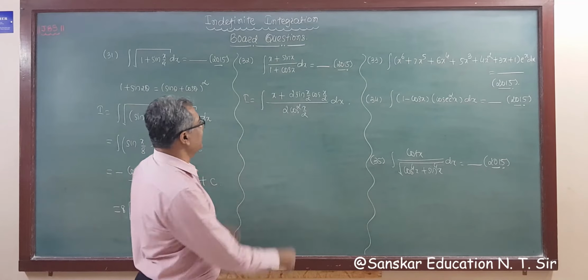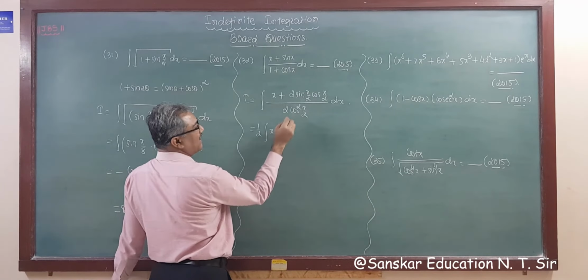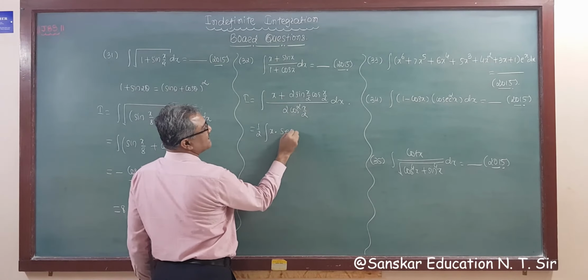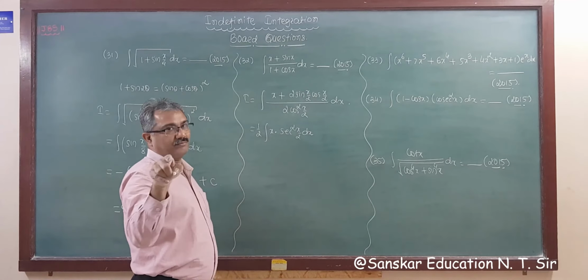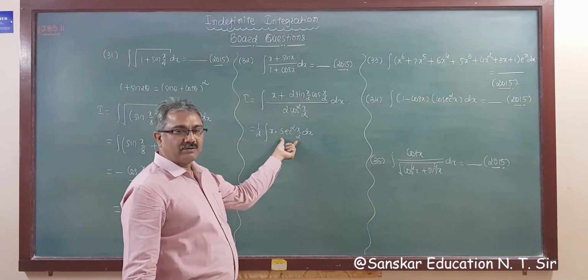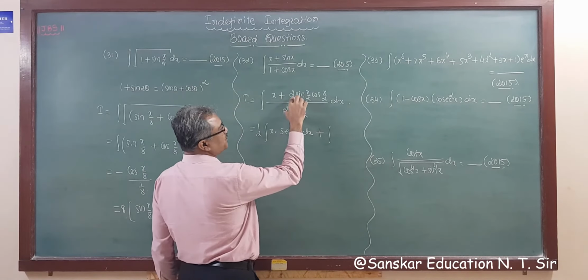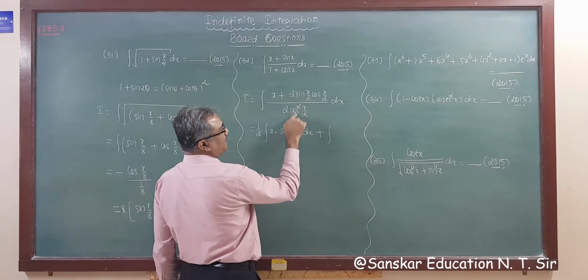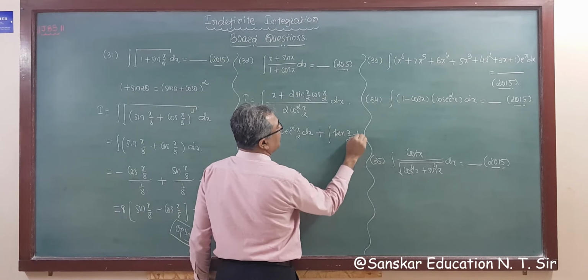Now by simplifying this, what do we get? 1 upon 2 constant, integration x. Now 1 upon cos square is sec square x by 2 dx, right? We are solving MCQ, so you have to understand this. No need to write all steps, and don't waste your time. In the integration, this 2 will be cut, 1 cos cut, sin upon cos is tan. So this is tan x by 2 dx.